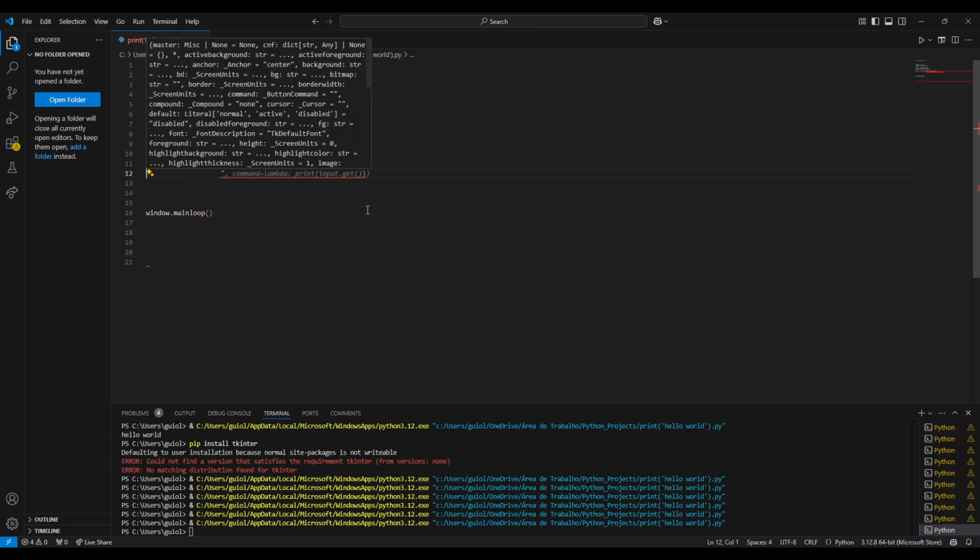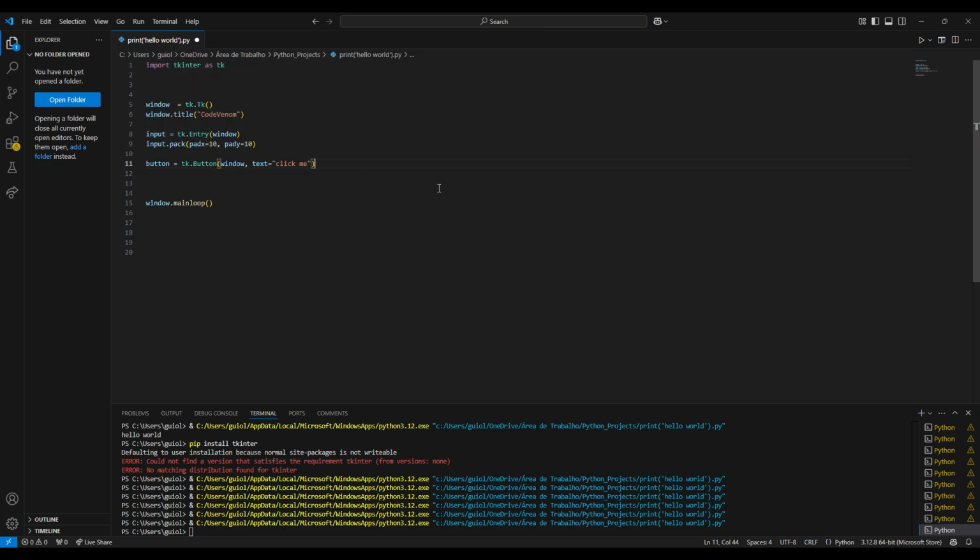Okay, very simple. Alright, and don't forget to pack it. I'm gonna tell the variable here dot pack with to pack on the screen too. I can do padx equals 10, pady equals 10. I'm not sure what pad means. I think it's padding, like a padding on the